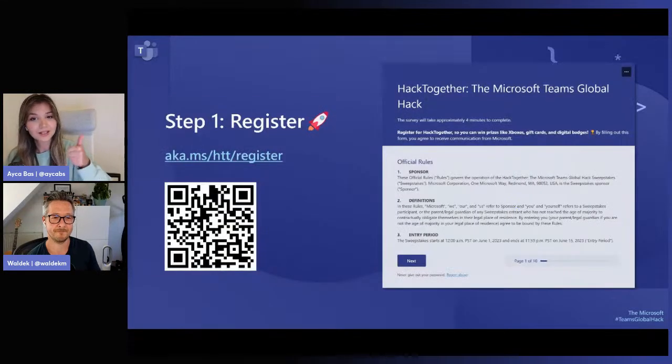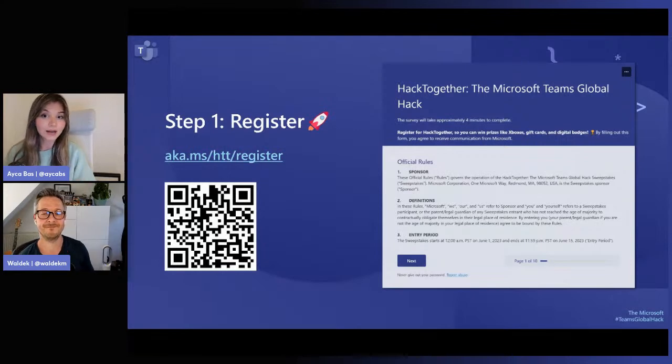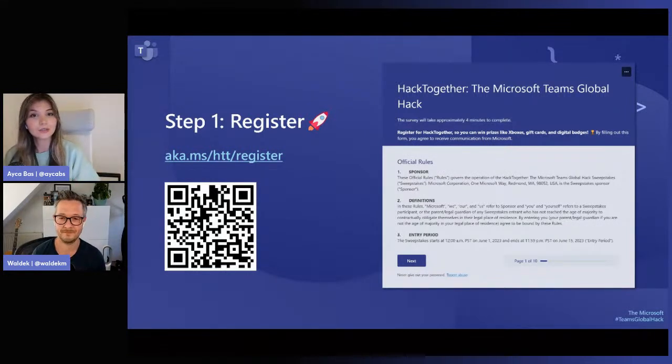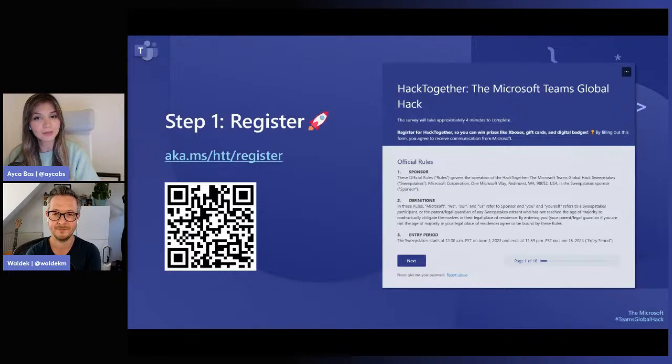We will share some details about the prizes as well, but a couple of important steps for you. First, register for the hackathon so you will be eligible for the exciting prizes. You can just go to aka.ms/htt/register to register for the hackathon, and then you can build your project and submit it. And no project is too small. You can build something to get started. You can build really amazing stuff with AI, SharePoint, and then